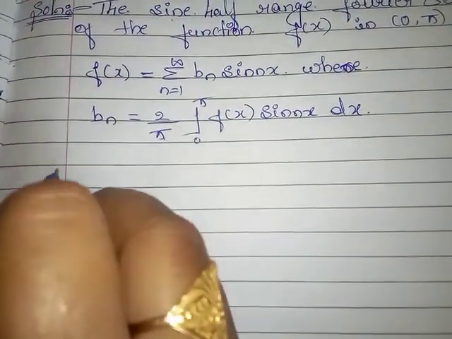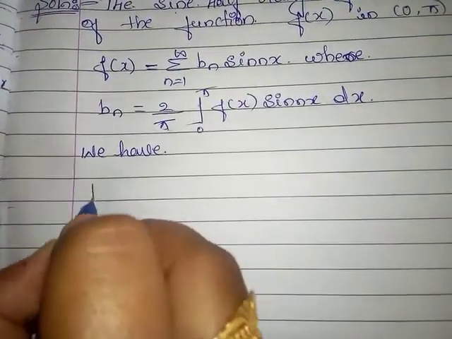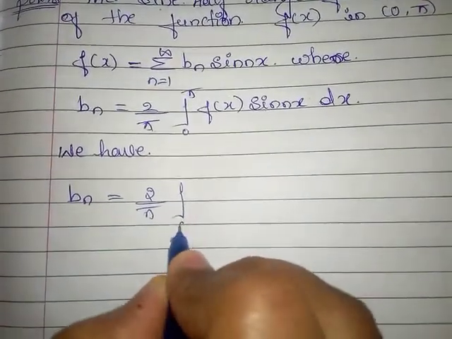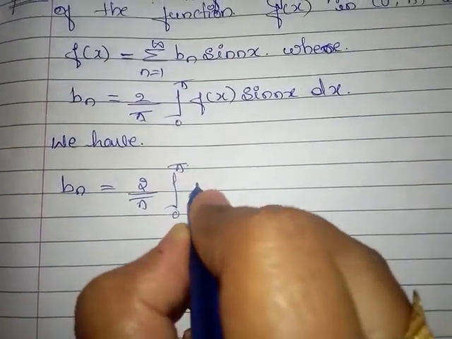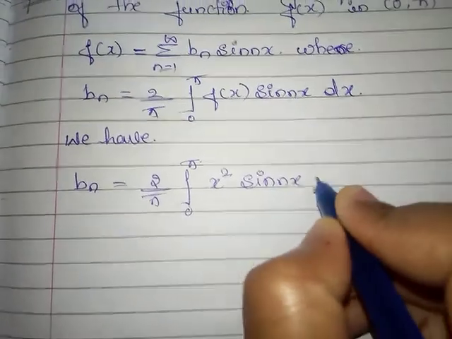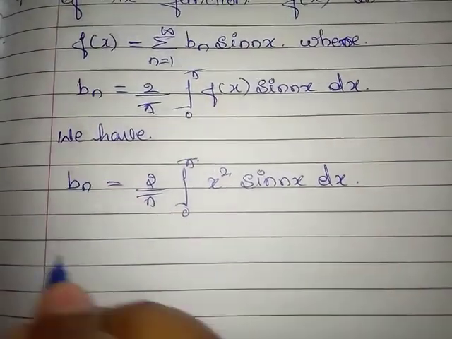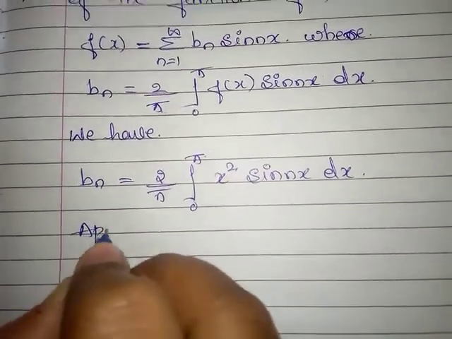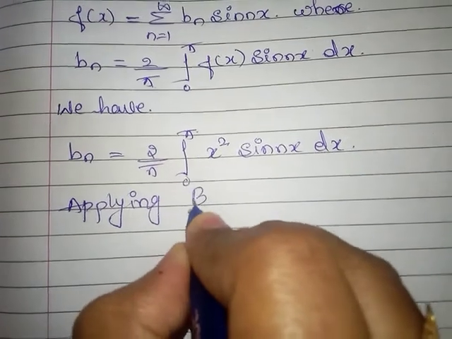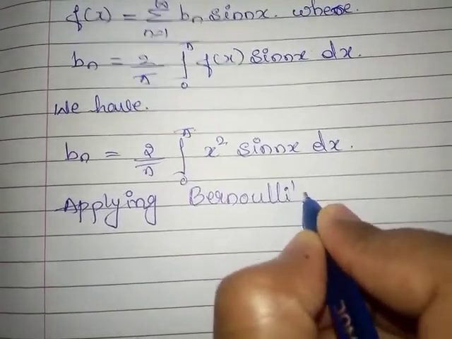Here we have bn is equal to 2 by pi as it is, integration from 0 to pi. The f of x value is given, that is x square sin nx dx. Here, to solve this integral we have to apply Bernoulli's rule. Applying Bernoulli's rule,